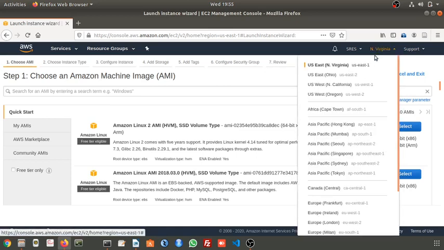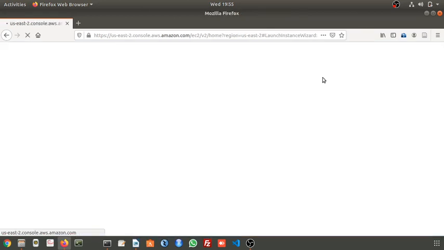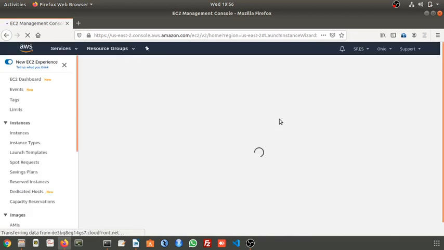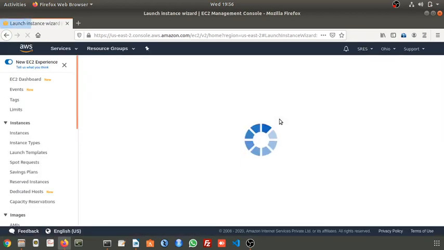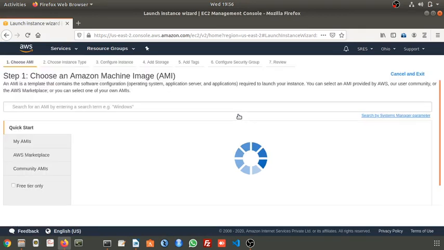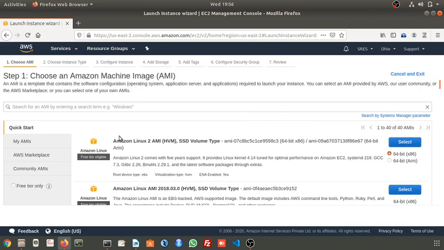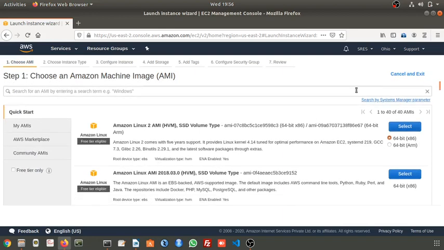If I select another location, let's see what it will be. It will take some time. You need to have some patience because I'm delivering it live, so it may take a little time. Now in this region, it has changed to 152.